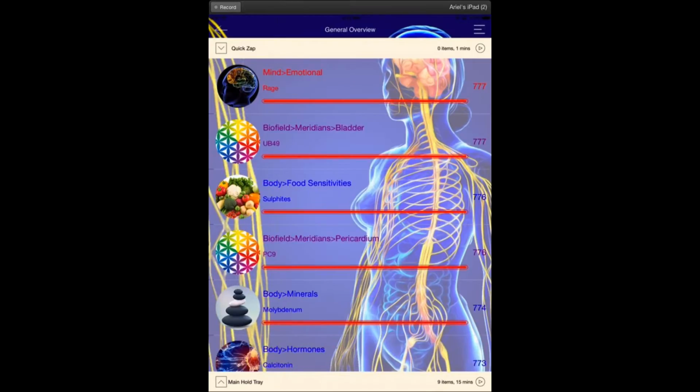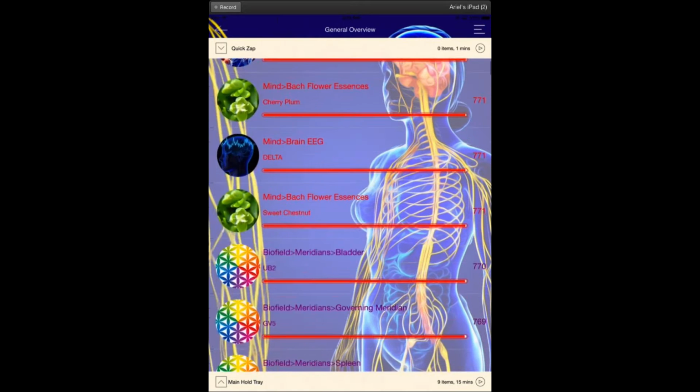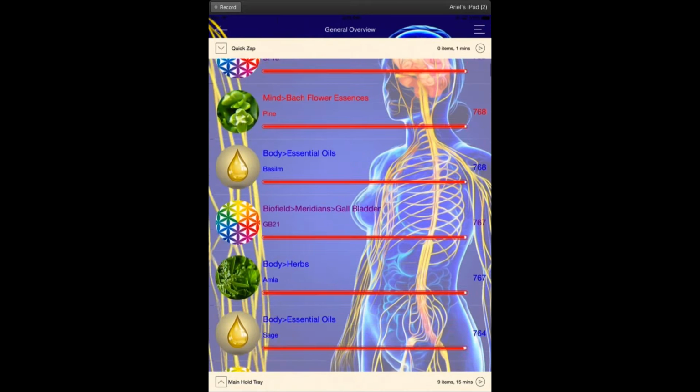In the General Overview, is the quick zap only for one frequency at a time? No, not at all. That's just my take on it. I like doing that quick zap focusing on one frequency. However, you could put 3 frequencies in there, or you could put a whole kit and caboodle in there. You could put many frequencies in there, and absolutely.